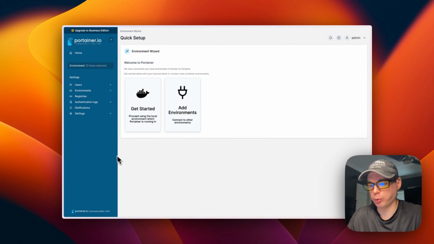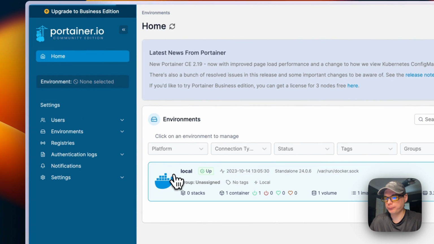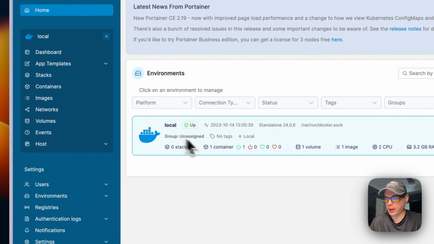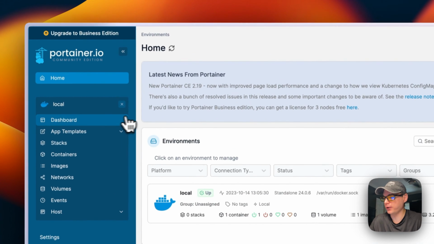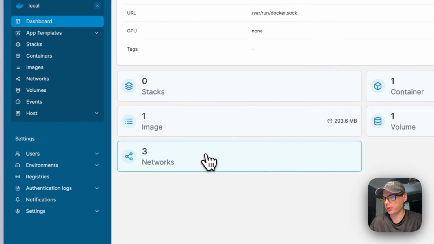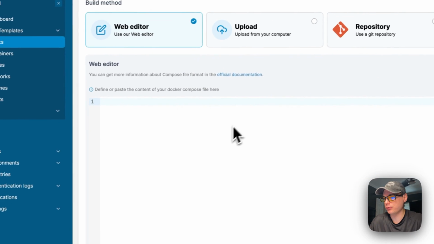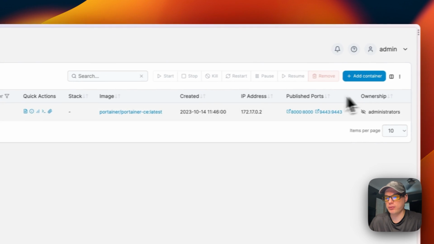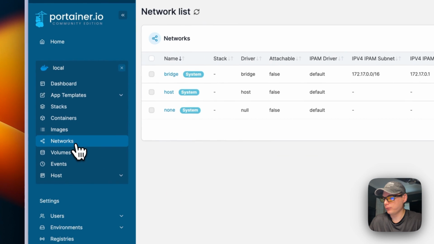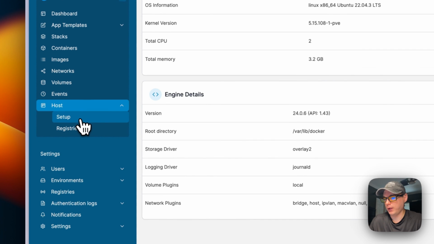So now that we're in Portainer, we can go to the home right here and we can see the local, because you can actually connect Portainer agents to another server and be able to manage it from there. I have a video on that too. So you can see the dashboard, stacks, containers, images, volumes, networks. You can see app templates. Here's where you put in your Docker Compose. And here's where you have containers, with your Docker containers. Here's the images. And then the networks, volumes, the events that happen, and the host,